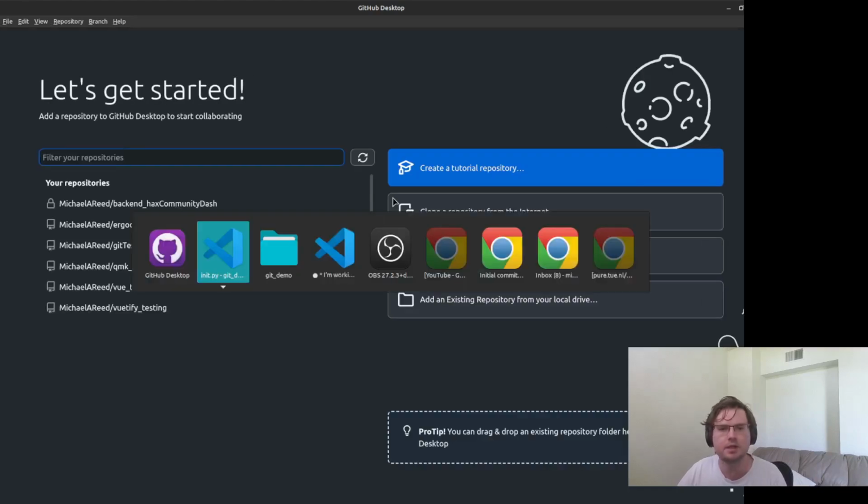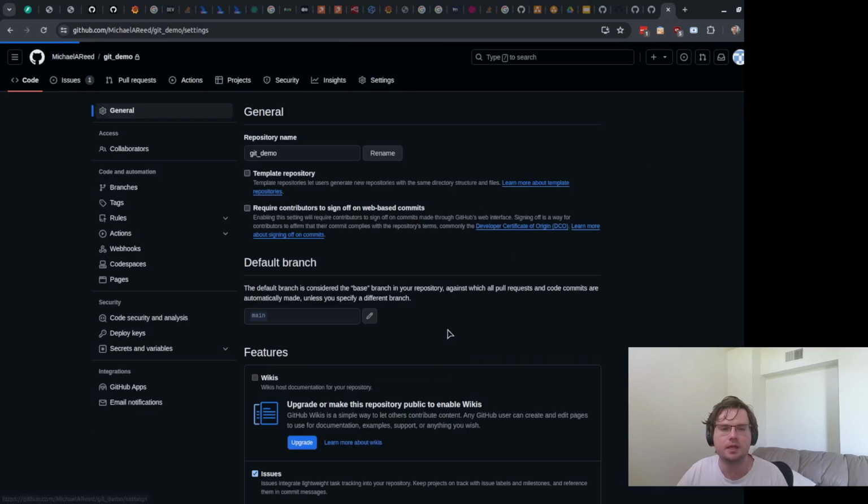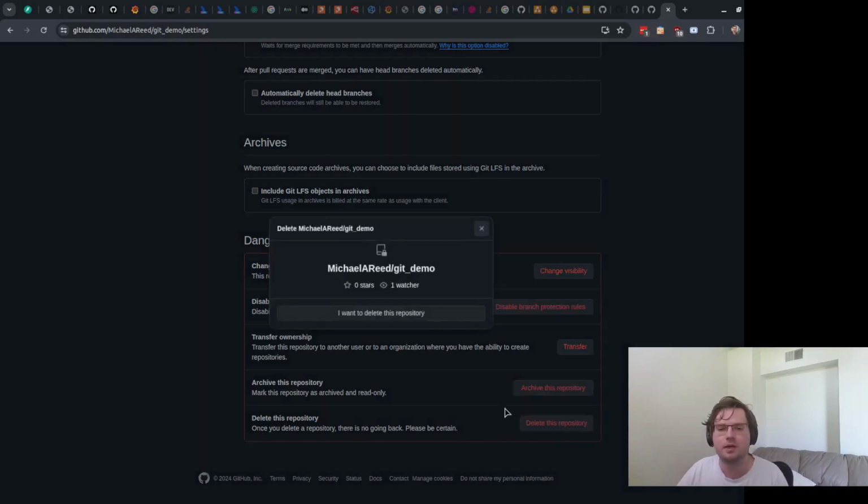So now to actually change that on github.com itself, I'm going to open up just my browser to here again. And if you go to settings, and you scroll down here, it's got a bunch of things literally called the danger zone, because it's a bunch of things essentially that you can't undo. So one thing that I want to do at the moment is delete this repository. If you want to also archive it, in a sense you want to make it non-active, but not actually delete any information, that's something else you can do. But right now, yeah, I'm going to delete it.